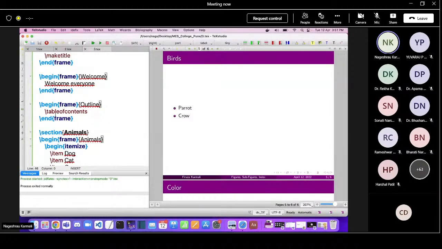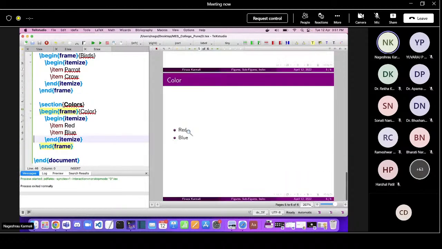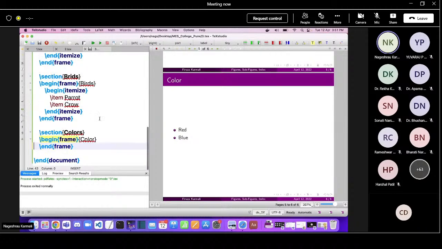Where would you use blocks? Suppose you want to write do's and don'ts, or you want to emphasize a particular point, you may want to have a block. So let's insert a block. In this color frame, I'll insert a block, so I'll just remove this itemize environment and I will write